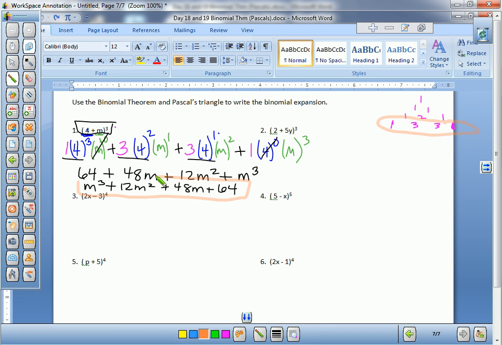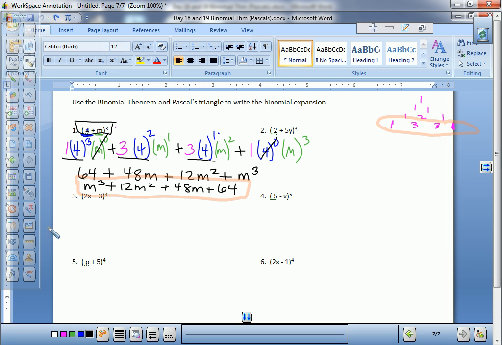It's not wrong if you don't, unless your directions say to. Will your directions always say to? For regular math? Not for expanding these. I'm not going to be particular about that. All right, so